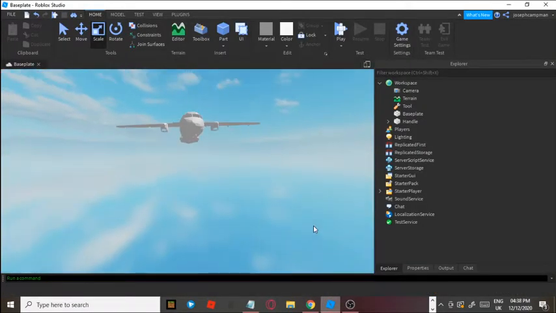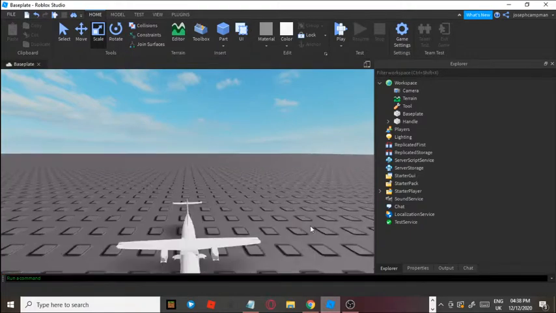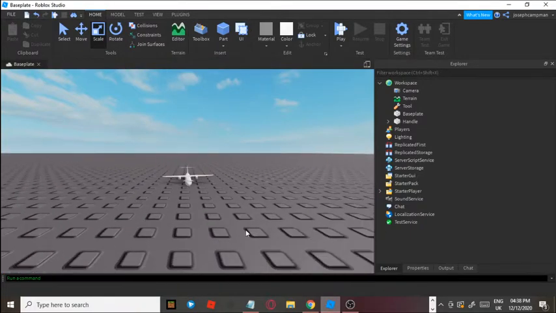Today I am going to show you how to make a Twitter code GUI. So this is really simple. So first thing we need to do is we need to